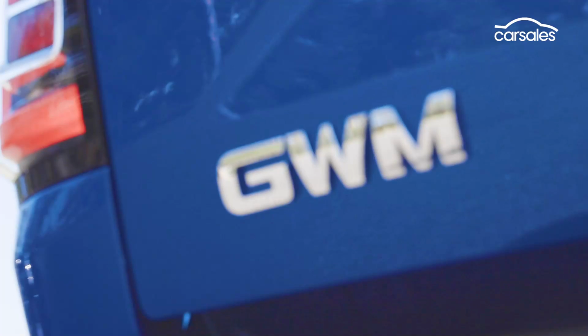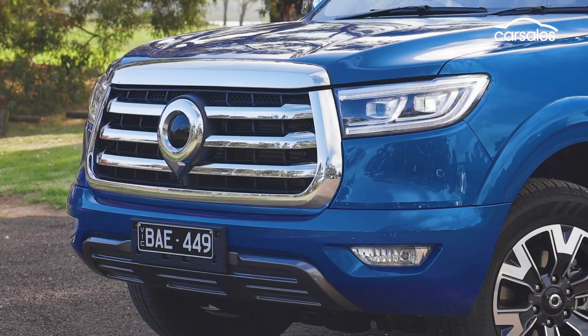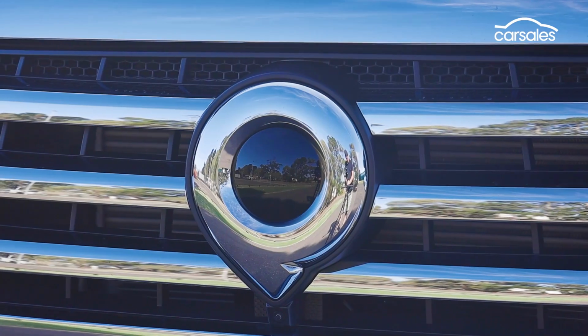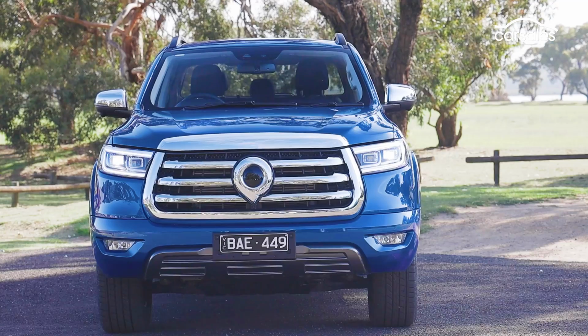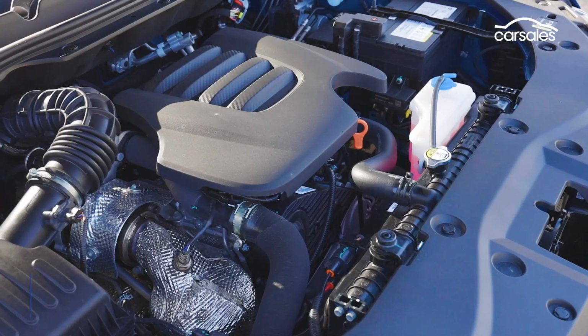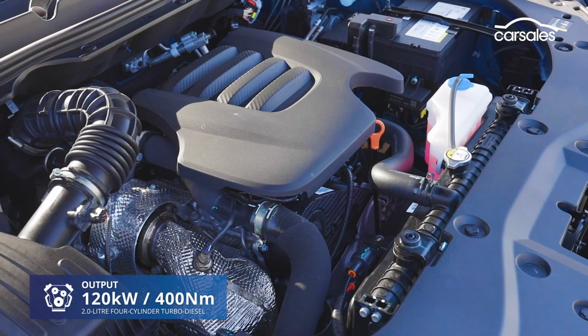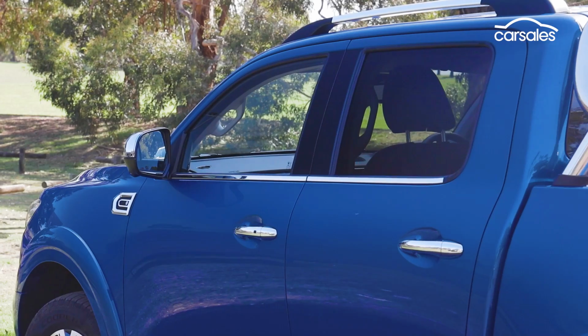Based on its specs list at least, the Ute is a candidate for a 5-star ANCAP rating. That's a big improvement, remembering the Steed it replaces gets only 2 stars. In fact, there's very little evidence left of the Steed in the Ute. The 2-litre turbo diesel engine is an update, but the standard ZF 8-speed auto is new, as is the chassis